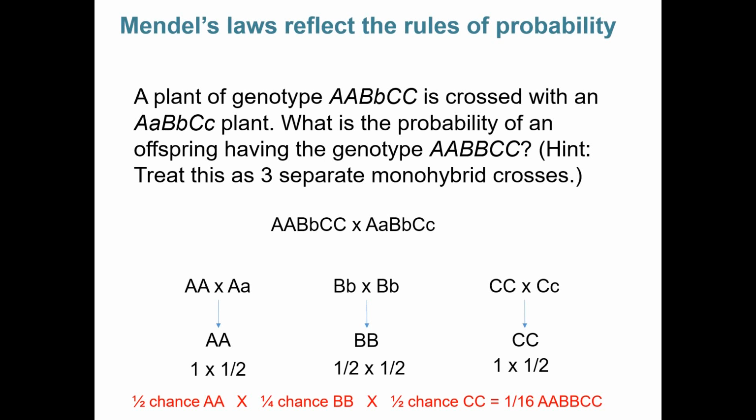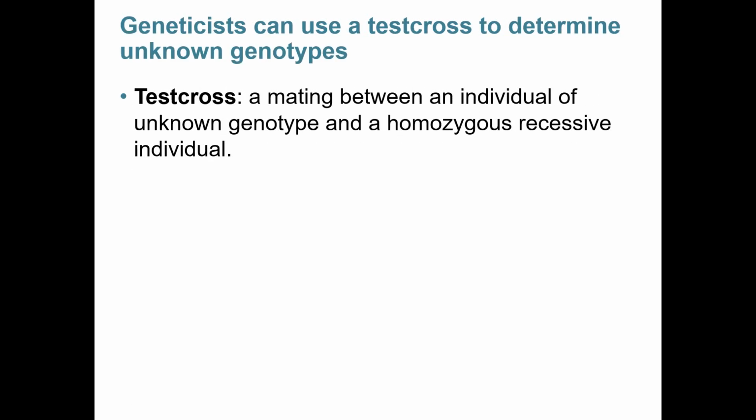Alright, so now we're going to talk a little bit about special crosses. One of the things that we frequently have to deal with in genetics is unknown. So say for example, you have an individual with a dominant phenotype and you don't know if they're homozygous or heterozygous. There's a special way to solve that. You can do something called a test cross. A test cross is a mating between an individual of unknown genotype and someone who is homozygous recessive for that